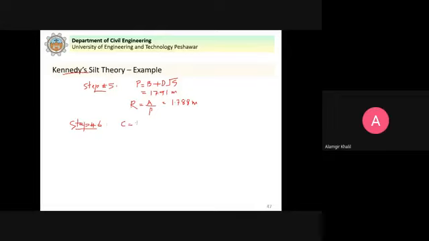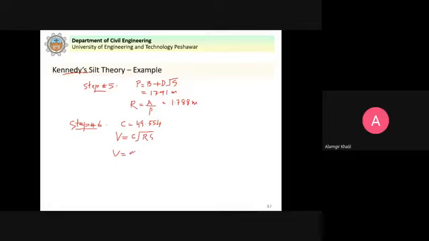That comes out to be 49.554. And we have the actual mean velocity, that is equal to, by the Chezy formula, C into square root of RS. And this comes out to be